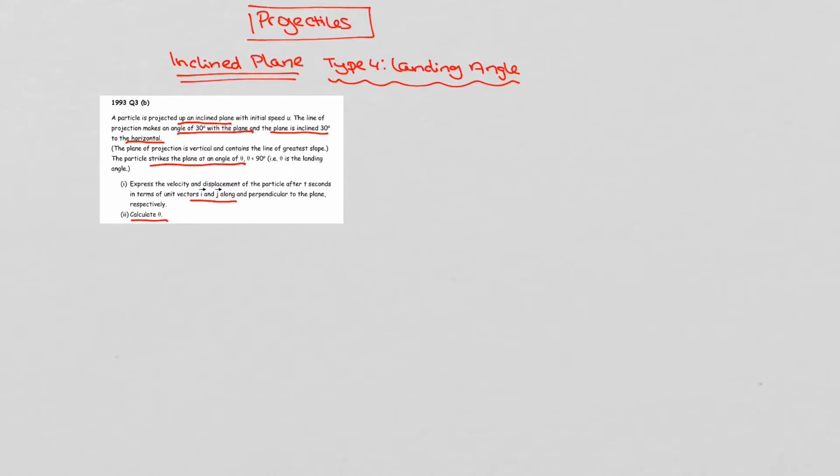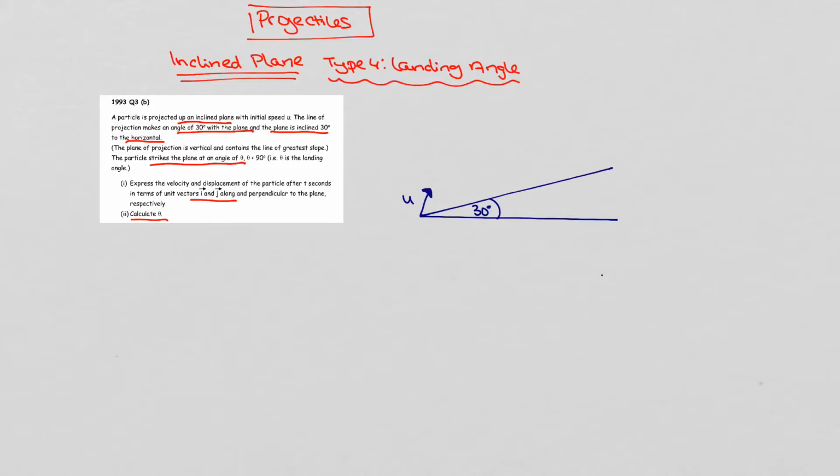So we want to draw our diagram first so we can see what is happening. So we have our horizontal ground, and the plane is at an angle of 30 degrees to the horizontal. We have the particle is projected up the plane at a velocity of u, so an initial speed of u, and that projection is making an angle of 30 degrees with respect to the plane itself. So as it's projected up the plane on landing,